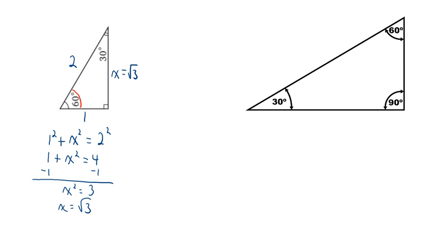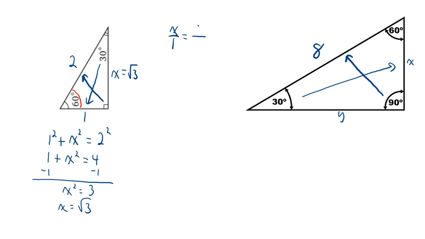All right, let's start with an even number to make life easy. Let's say that this is 8. All right, and let's put some letters on here. Let's call this x. Let's call this y. Let's say I'm going to find x first. All right, well, x is across from the 30-degree angle. That's going to correspond to the 1 from my first triangle. X is to 1 as, now 8 is across from the 90-degree angle. It's my hypotenuse. 2 is across from the 90-degree angle in this triangle. So 8,